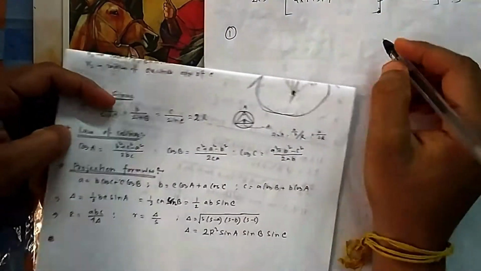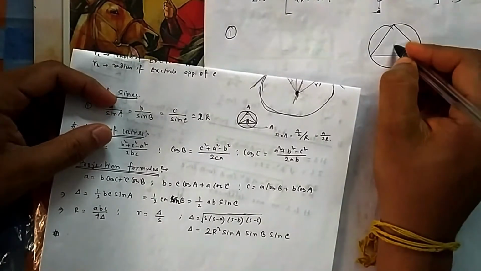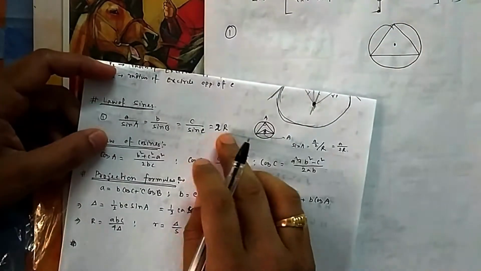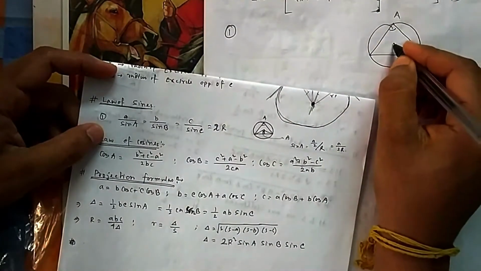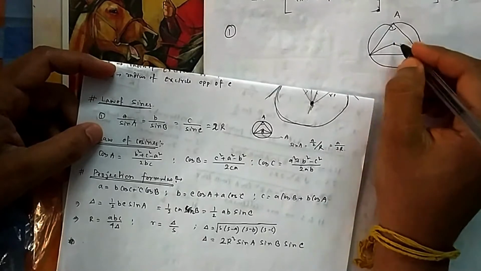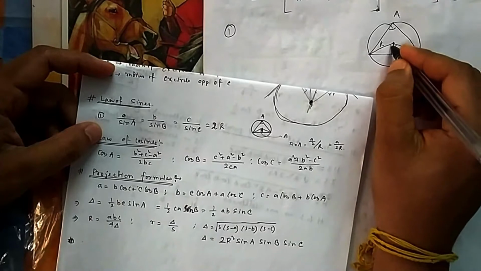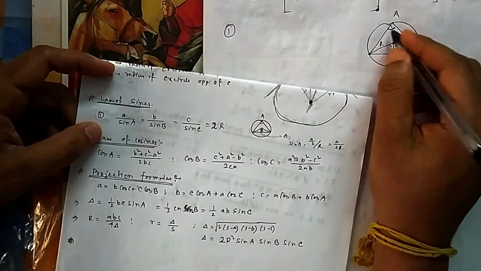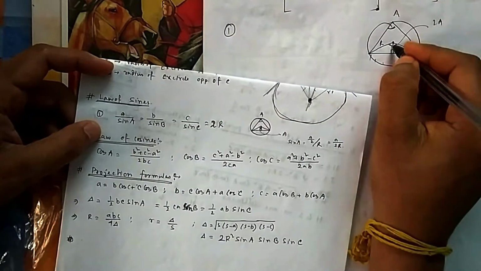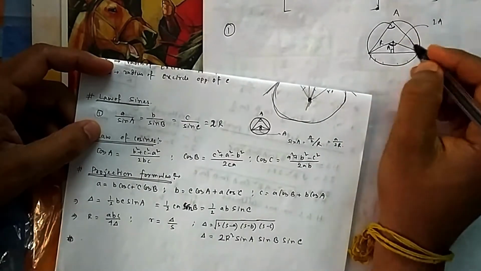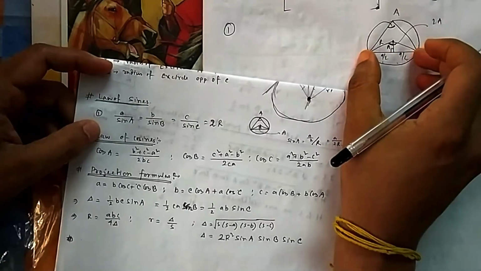2R. Take a triangle with its circumcircle, where capital R is the circumradius, and the circle touches all the vertices. Draw the circumradii and a perpendicular. On the same arc, from class 10 geometry, if this angle is A, the central angle will be 2A, so this angle will be A. And this side is a by 2, this portion is also a by 2, because the total was a.